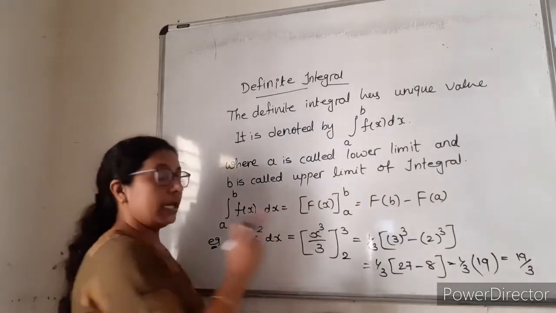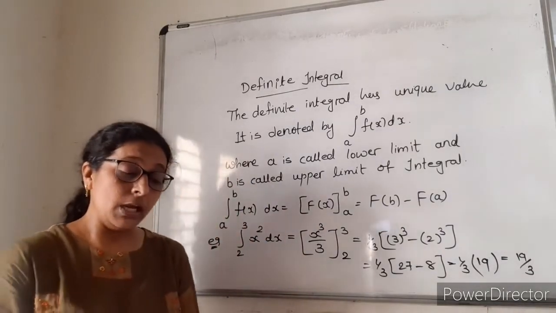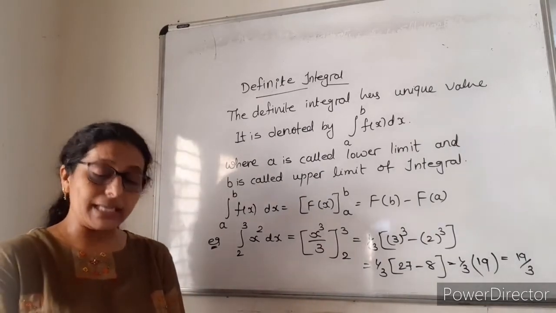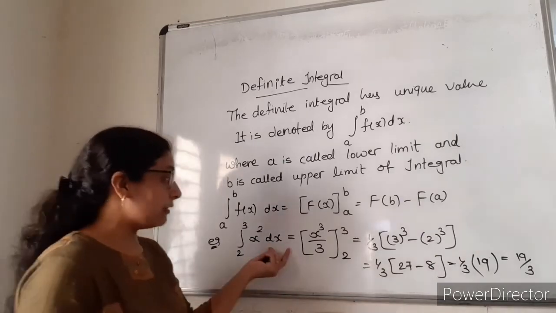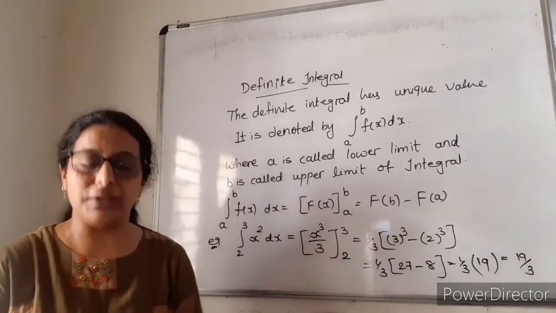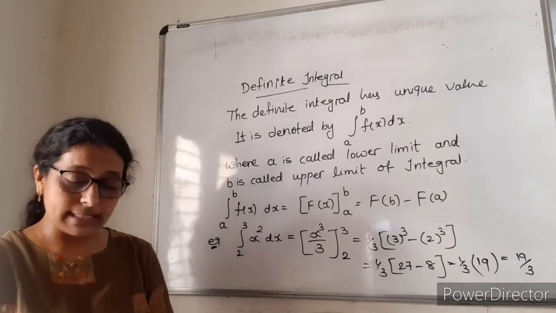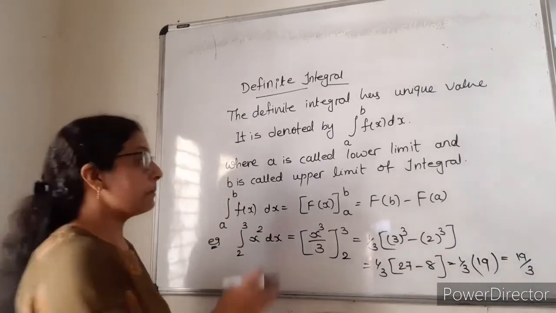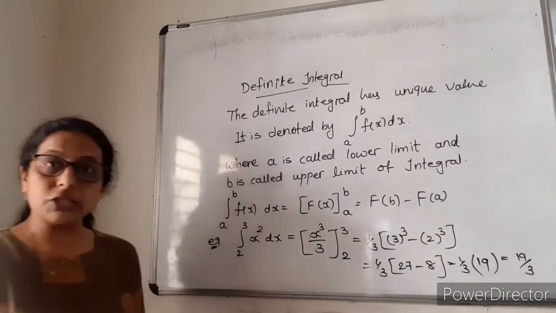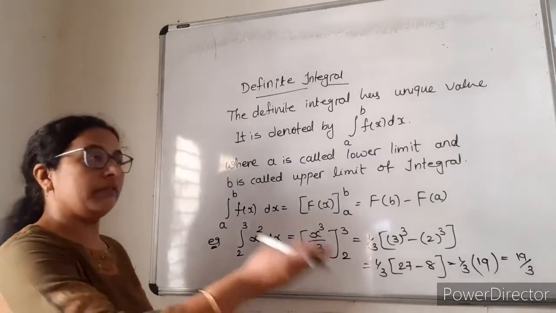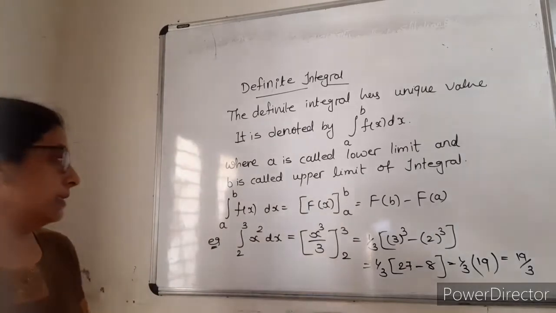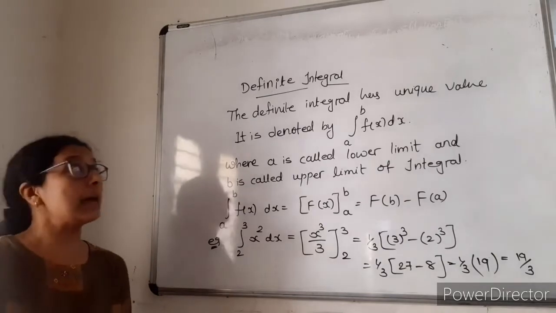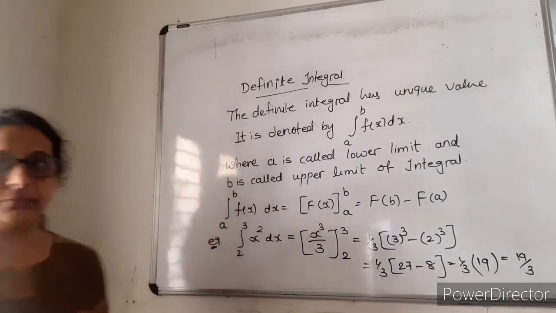Now here in the definite integral, c is not there. You understand that? We will not write c, because in the definite integral, a definite value we will get. So here the integral constant we will not write. Understood everyone? This is the simple way to find the integration, put the limit and find the value. You understood? Yes. So now do this, write it once. We'll go ahead with some more examples of definite integral.